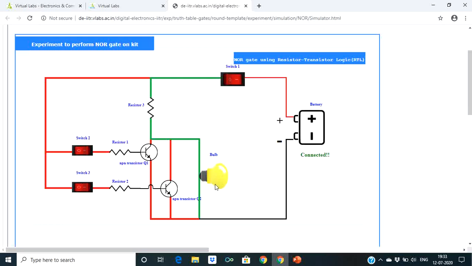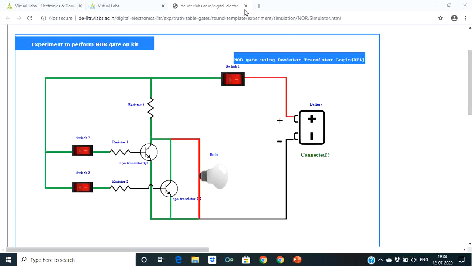So both the inputs are 0, so it will give high, otherwise it will give 0. When both are high, it will give 0. And you can see the transistors working here. This green line shows the current, both are high, so both these transistors are working.